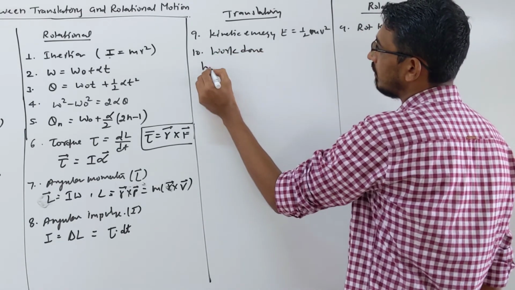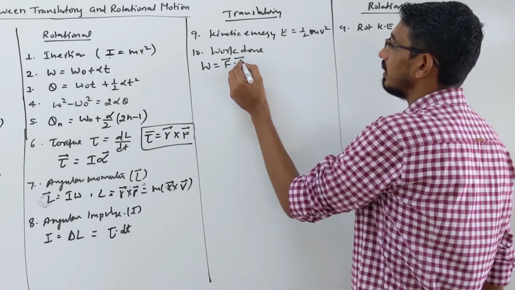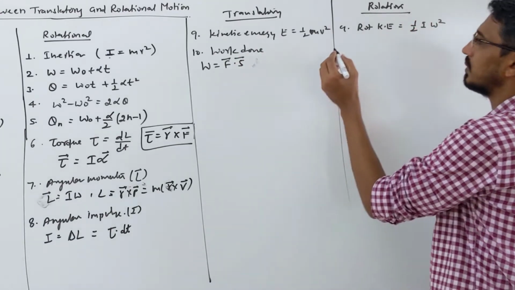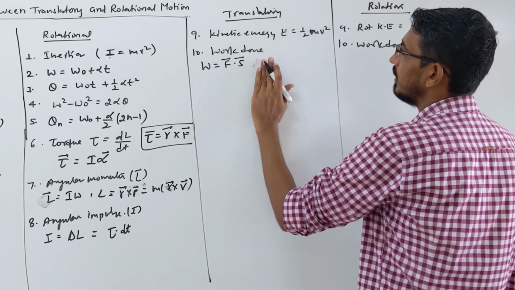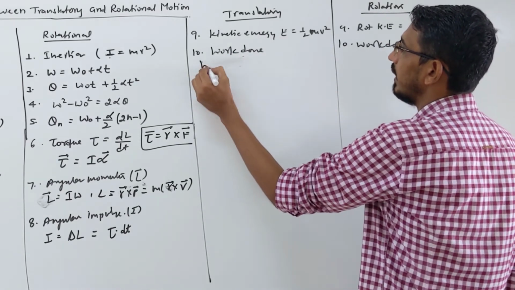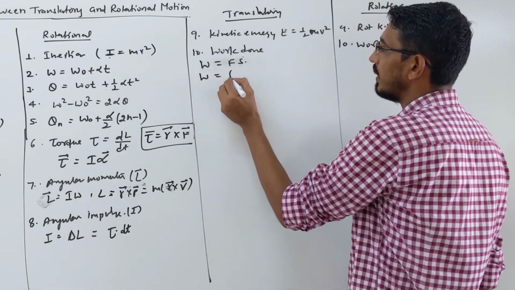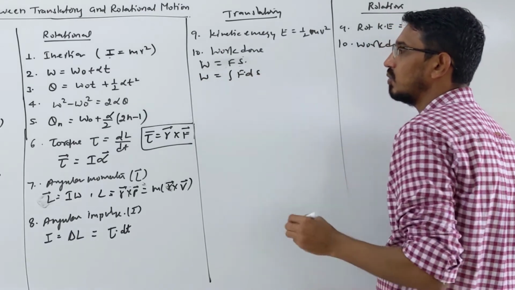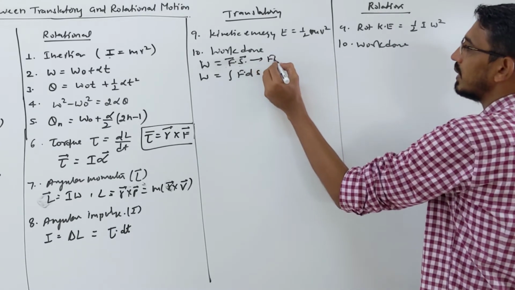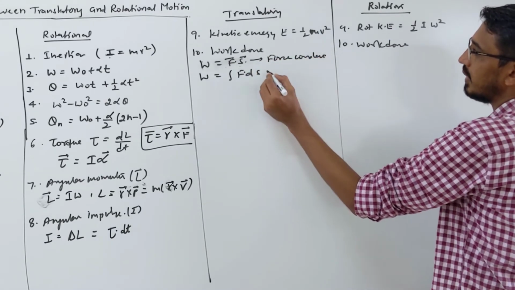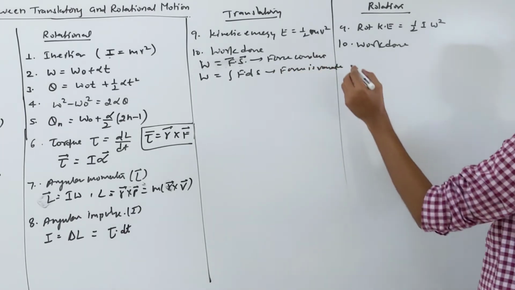So what is work? You have learned many formulas. One is force into displacement, right? Like that, Fs cos theta. Okay, first you write this much only. So what is the work done here? Let me write two formats here, it's better. Work done, you write Fs, force into displacement if force is constant, or work done you can also write integration of force into displacement, right? Two ways you can write. You write this when force is constant, and this when force is variable. Correct? Write carefully.